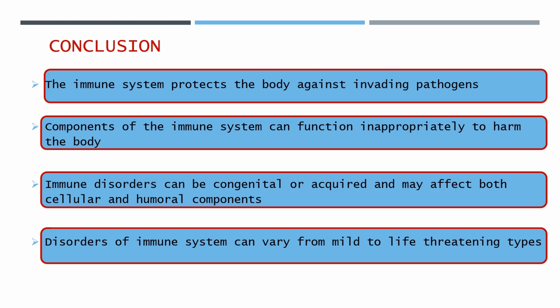Also, in the course of the lecture, we discussed that immune disorders can be either congenital or acquired, and both can affect the cellular or the humoral component of the immune system. We did a review and looked at the different types of congenital immune disorders, the ones that are genetic, and we also looked at the ones that are acquired based on infections or drugs or other components, as we saw earlier in the discussion.